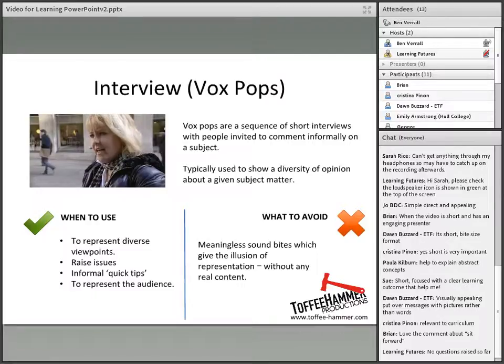In fact, you still see them all the time in news items where, say, there's been a government policy and we go on to the streets of Brixton or Eastbourne and find out what members of the public think about this particular topic. It's really good to present diverse viewpoints and to raise issues. It's also very good for informal quick tips. So if you went around asking students for their tips about exam technique, for example,